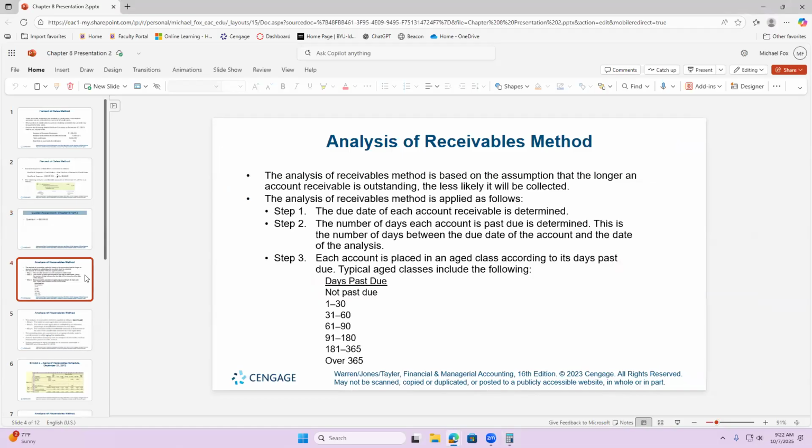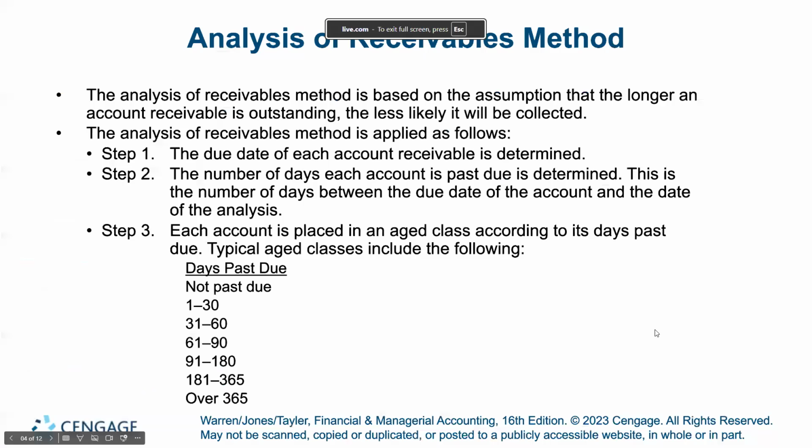All right. The second method for estimating, and I will say it is the more accurate method, for estimating receivables that we're not going to be able to collect, is what's called the analysis of receivables method. Here we look at the due dates of everything that's owed to us, and we recognize that stuff with an older due date is less likely to be collected. If something's like 2 years old, the chance that you're going to get that person to pay you is low. Whereas stuff that's only like 30 days past due, you usually collect most of that because most people are honest and are willing to pay.